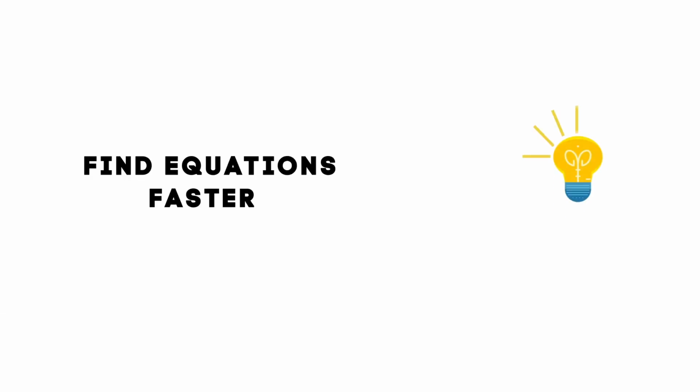Tip number 5, find the equations faster. Now, what do I mean by that? Well, there are actually ways to get to a section or an equation faster than looking up the keywords on the search box. But this is not something that you can learn quickly. See, you will have to use the reference handbook all the time while studying for the FE, and that's how you will find these methods.